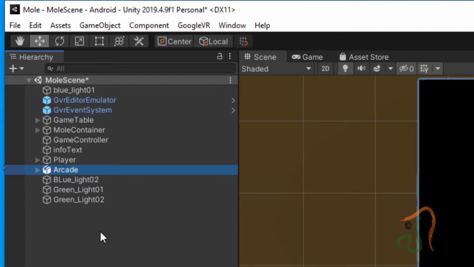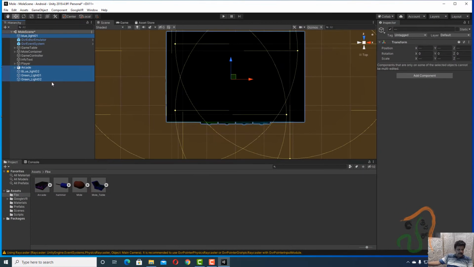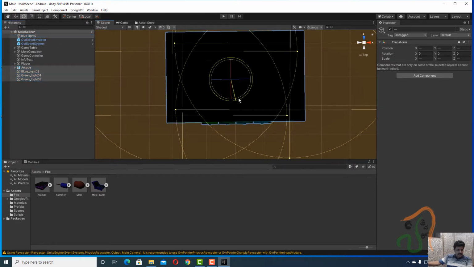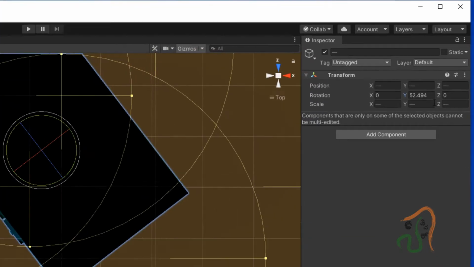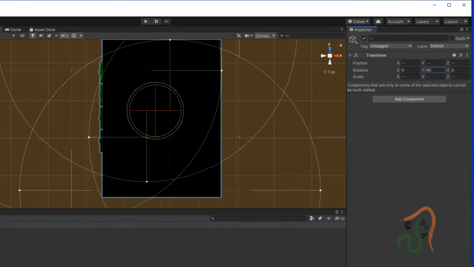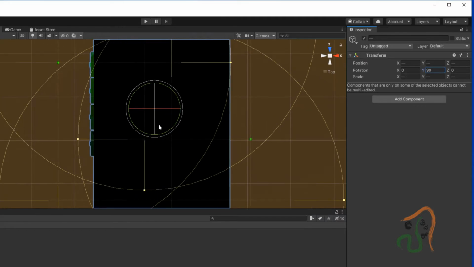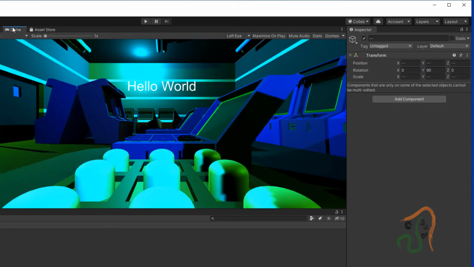Now let us select this arcade, green light 1, green light 2, and also blue light 1 and blue light 2. Let us select all these things together, and then let us rotate it along the y-axis by 90 degrees. So we have selected arcade, blue light 2, green light 1, green light 2, and blue light 1, and we have rotated it, so that if you come to the game view, we have it in the side view like this.